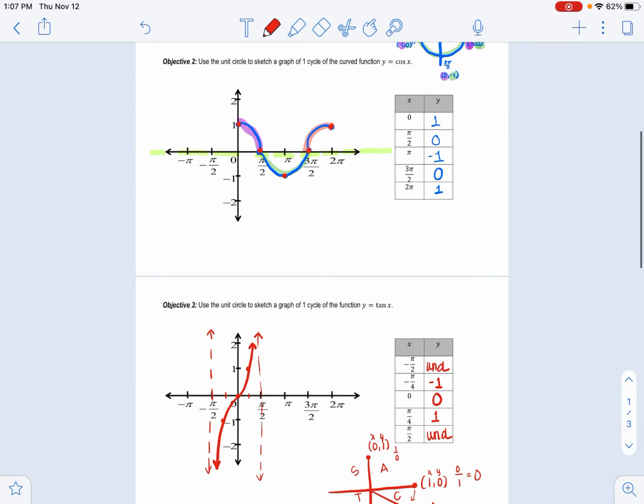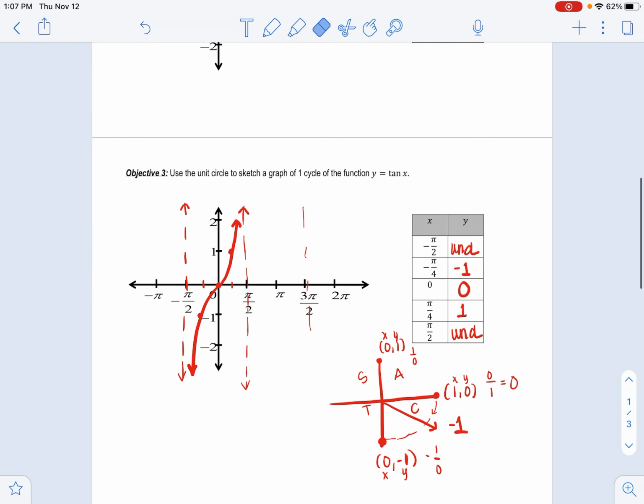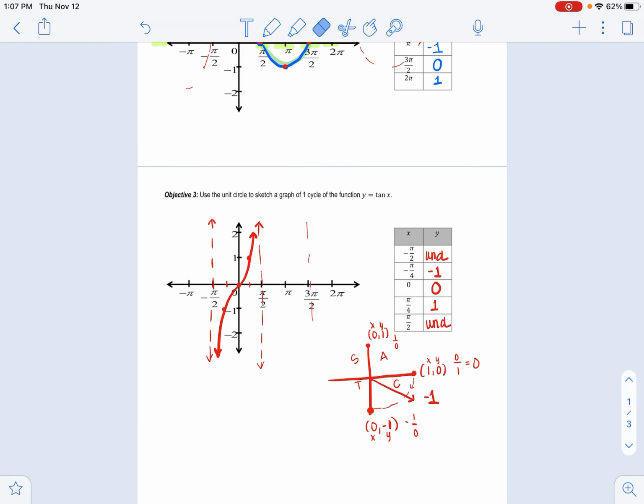So realize when I say it's one cycle, this actually keeps going and going in both directions, because I remember I have all these angles coterminal. I went way too low for that one that way. And this one right here repeats over and over again, but the directions say one cycle, so we're only drawing that one cycle. All right, so this is just a sketch, an idea of what these look like. So when we start graphing them next week, you'll